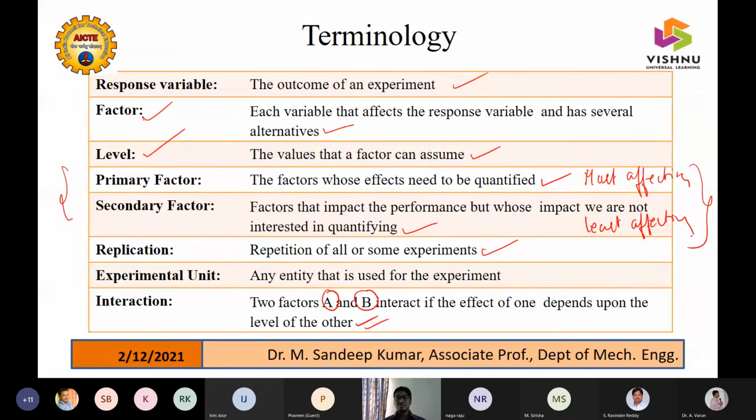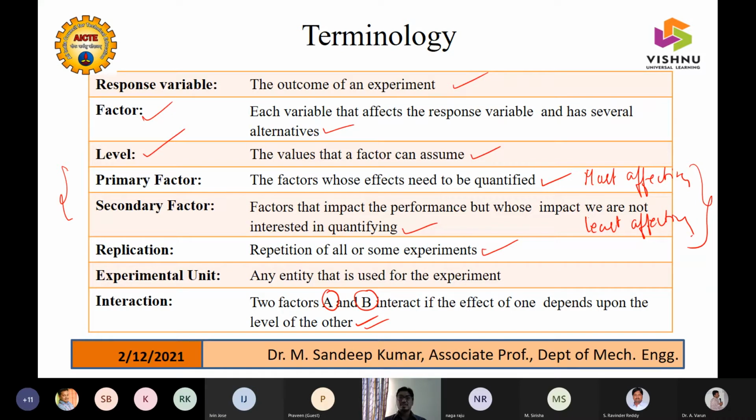But still, throughout the world, you can't get the same taste. I don't know why, isn't it? So it's all the interaction between the sugar and the coffee powder. If you have 100 people doing the same thing, and you ask them to prepare a coffee with just sugar and coffee powder, still they won't prepare the same, right? So that is the biggest thing. Naturally interactions will be there, but we need to decide whether we need to consider an interaction or not. So that is all regarding the basic terminology.